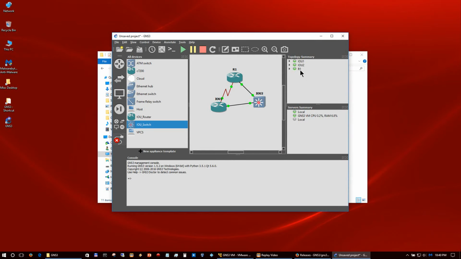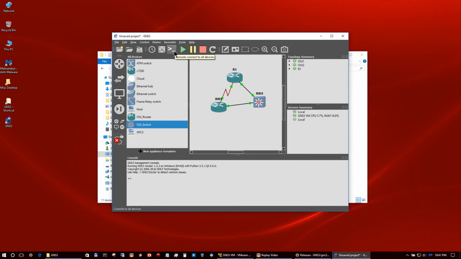As you can see, they're up right now because they're green. You can also see, according to the links, that they're up. Right now our VM utilization is at 100, but this will drop down here in a second after they're fully booted. So wait a second. There it goes. It's starting to drop down. There we go, 6%. It just takes a lot of processing power to boot up. So basically,